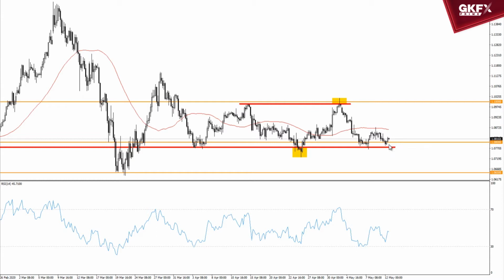It's worked a few times now, so markets don't work at the same levels over and over again. Eventually they give way, and if we are to turn down, then naturally I would expect a retest of this 106.50 low, or if we test the top of the range, 110, and if we do hold this level and we're up to 110 again, then it certainly opens up the chance that we break 110. And then potentially we're off to the races. Potentially that's a bottoming in the euro after this big swoon in March, and we're pushing up to much higher prices again.